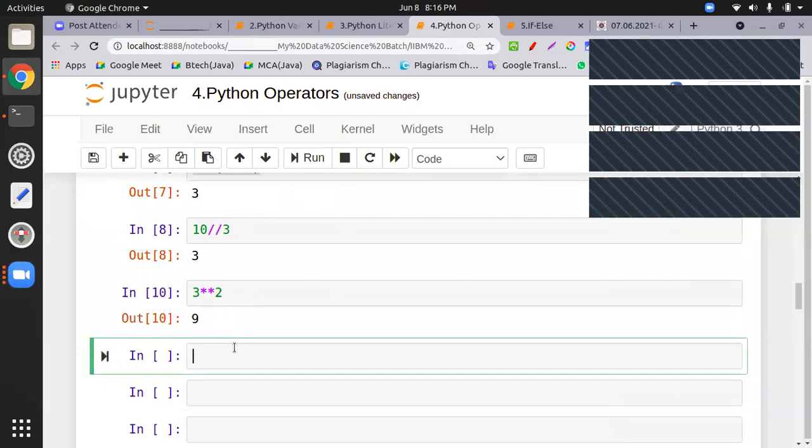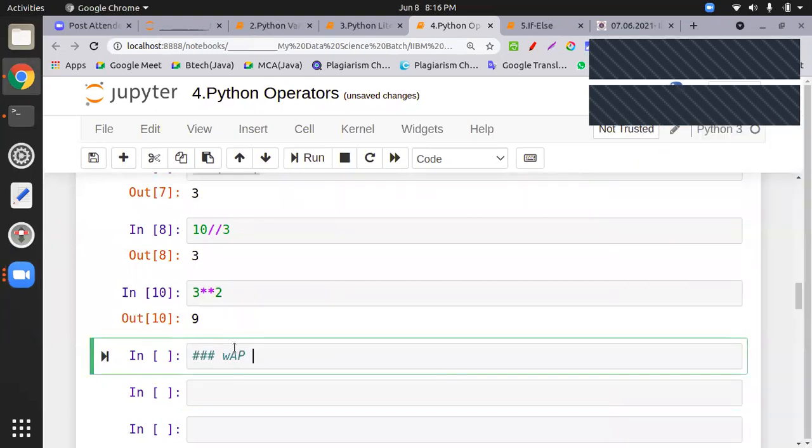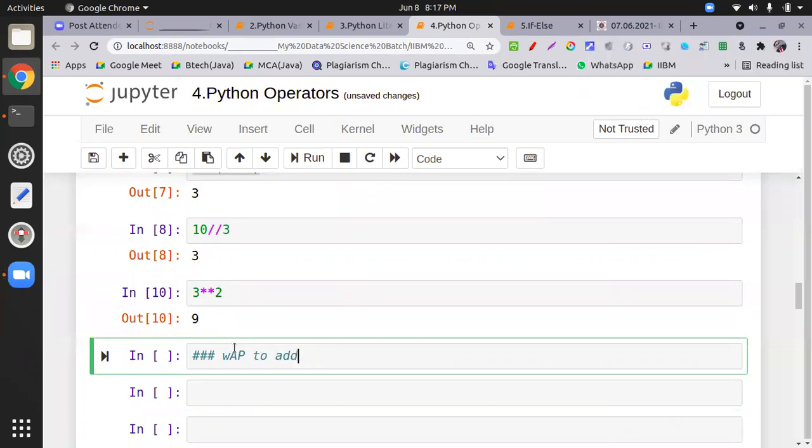Okay, so we have to write a program to add the digits of a 3-digit number. Means any number is given to me that contains 3 digits.